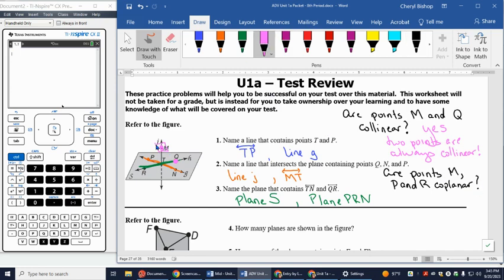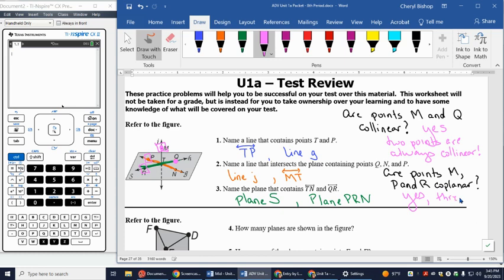M, I'm going to put a box around it, P, and R. Are those 3 points with the squares around them coplanar? Yes, because 3 points, no matter where they are in the world, even though M is not in that same gray plane, I could build like a diagonal wall that would contain all 3 of those points. So yes,